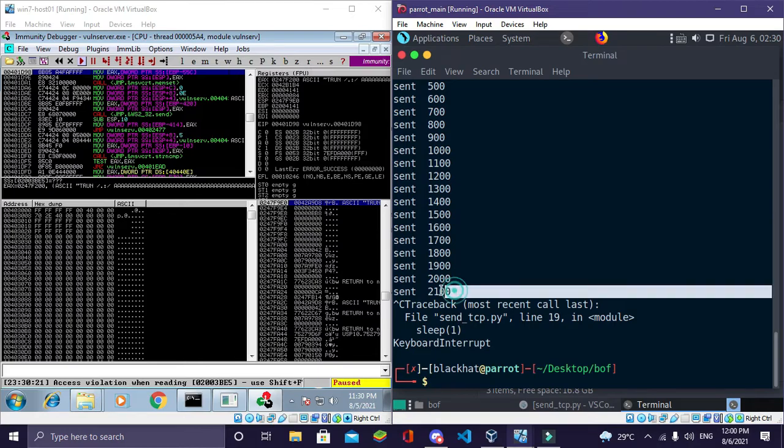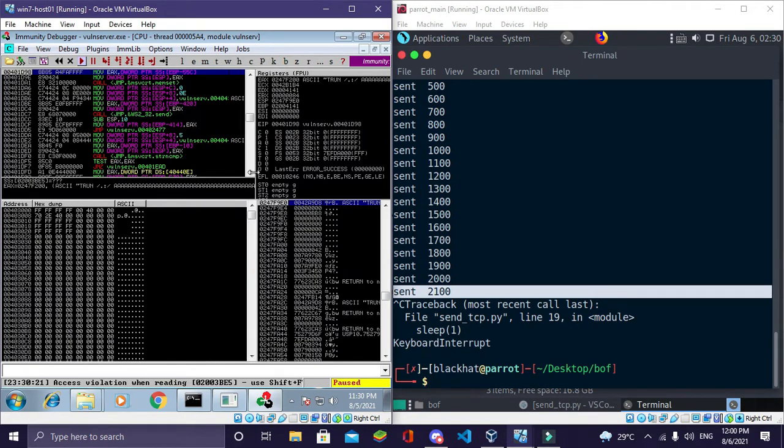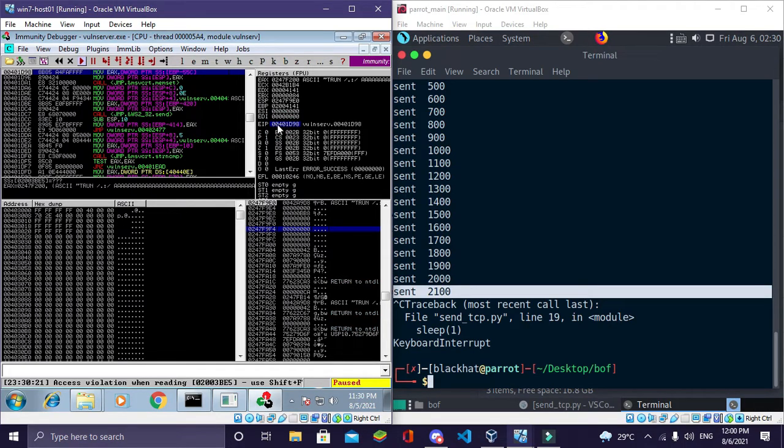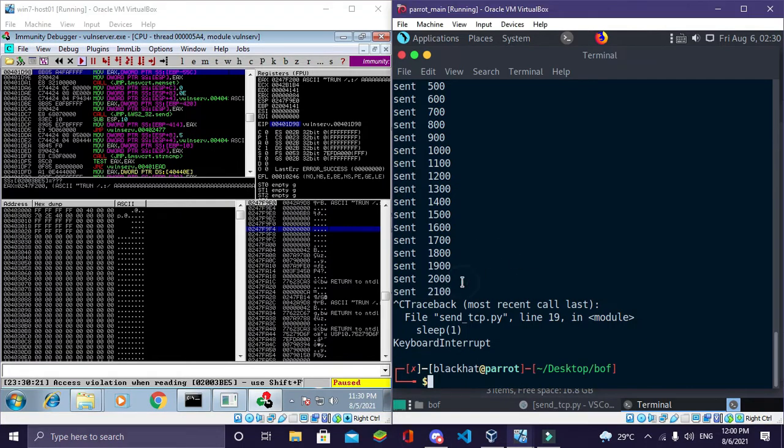Okay, at around this 2100 bytes it is crashing, and you can see the information in hexadecimal format here, and the EIP value is this, which we are interested in. And now we know approximately this program breaks near this 2100 bytes.